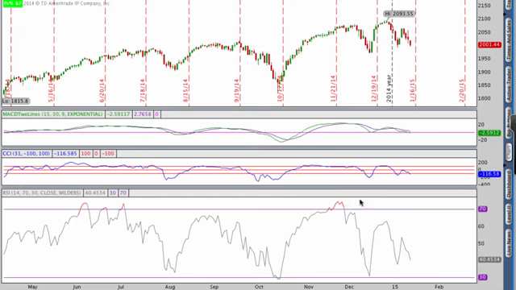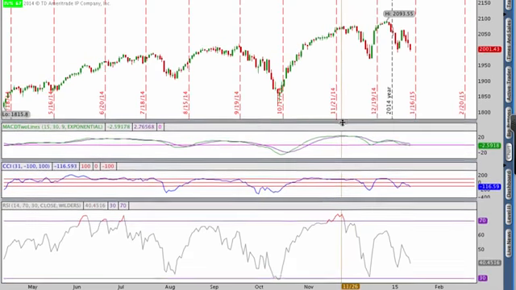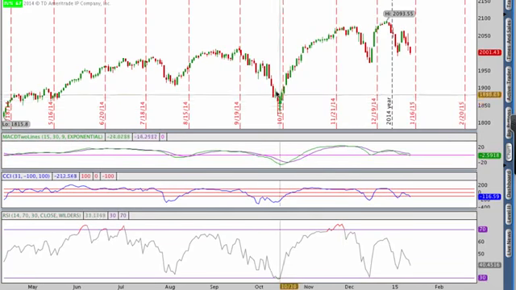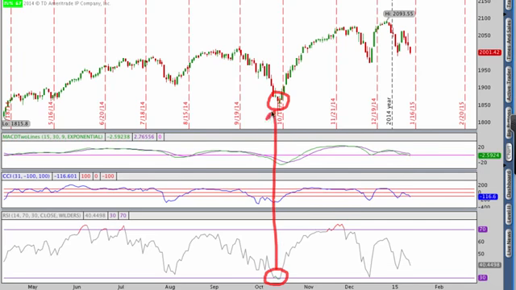Now when we look back in time again with CCI and MACD, and let me just smush these down just a little bit. Here's the look at the S&P 500. You can see that we did get a reading all the way down here on RSI below 30, which ended up being almost a perfect buy on the market because stocks really bottomed out from that point and continued to